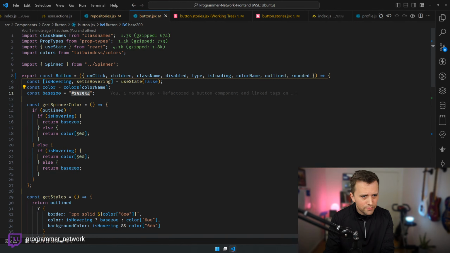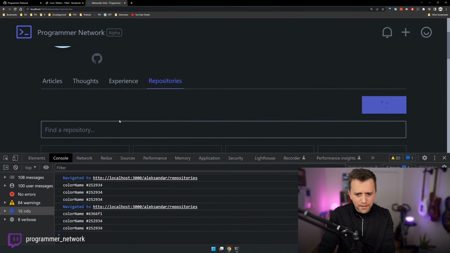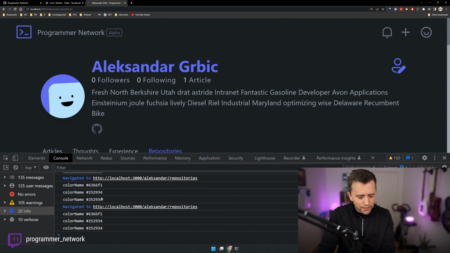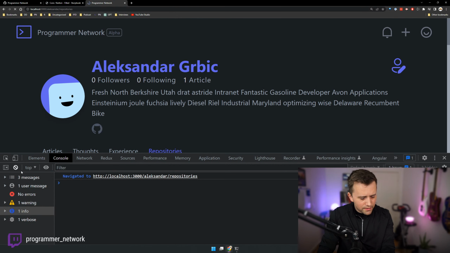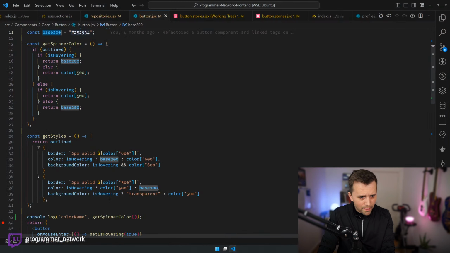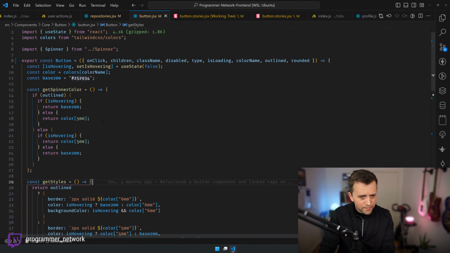This is base 200 and that's okay. So I don't actually know. Wait a minute. No, it does. So here it's almost like some sort of re-rendering or concurrency issue. It's super strange, right? But I think it's fairly consistent.